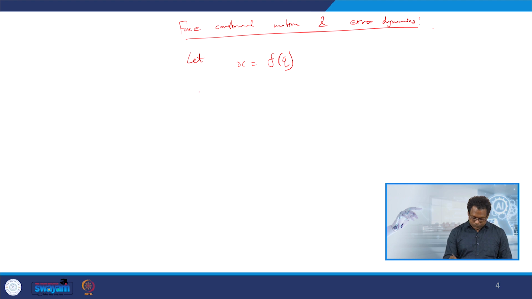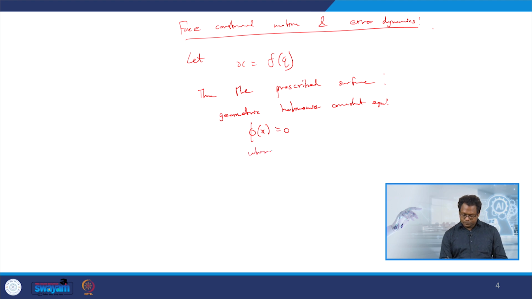So, the prescribed surface can be described by the geometric holonomic constraint equation that is given by phi of x equal to 0,